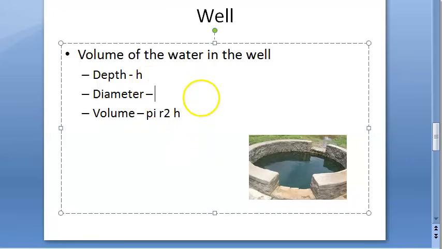Let us take the radius here, that is better. Take the radius of the well, or if they give the diameter, take the diameter and then get the radius. So you do pi r square into H into 1000. That will give you the volume. Remember, 1 cubic meter means 1000 liters of water. So now you got the volume.